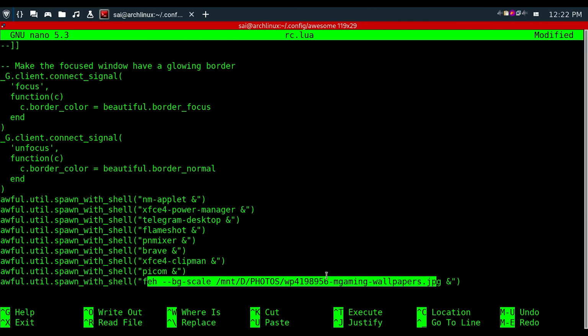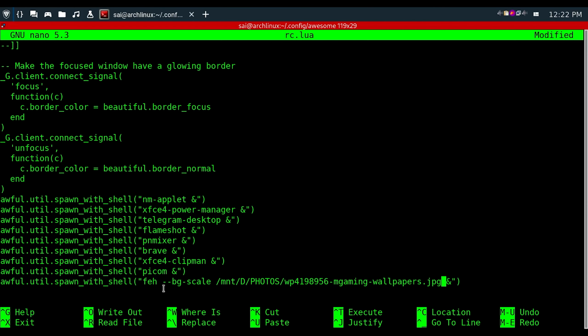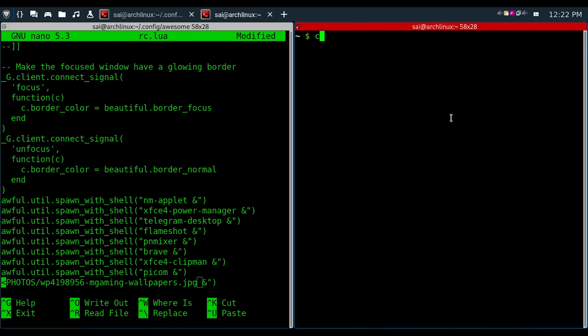Chris uses a different setup, but I use just one wallpaper all the time. You can also watch Chris's YouTube video to see how he synchronizes wallpapers from time to time. I use just one wallpaper, that's how I kept it. So I need to change this wallpaper. I have my wallpaper in Downloads.